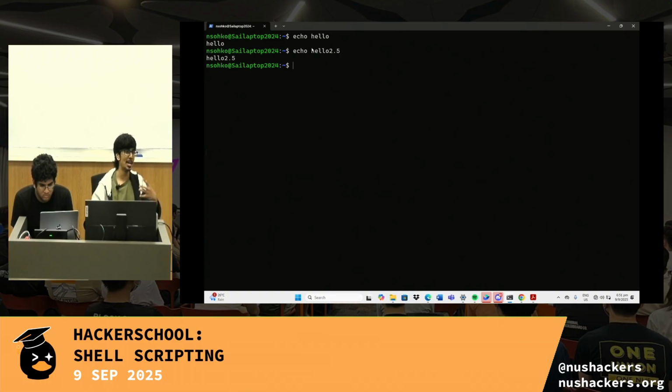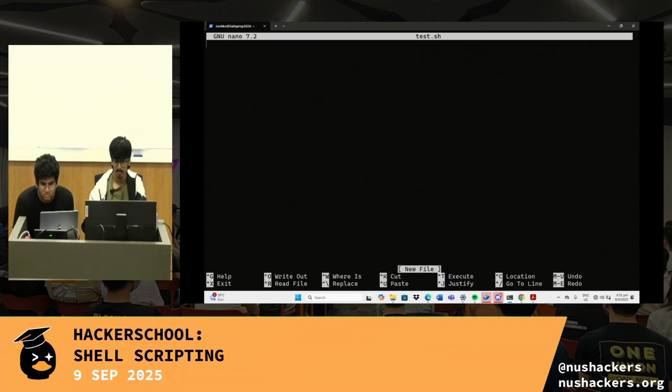When you open the terminal itself, it's already running a shell interpreter, so you can start executing all shell commands immediately. But if you want to store it in a file, you can also open a text editor of your choice and start typing the commands there instead. So you could do nano test.sh, for example. Then let's say here I type in the same command, echo hello. Then once I save it,